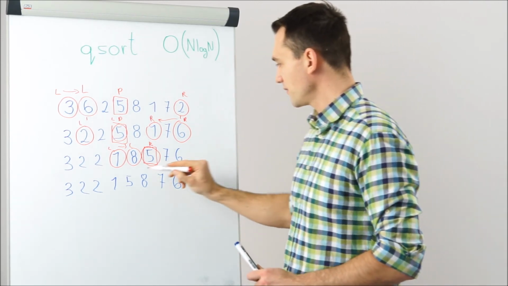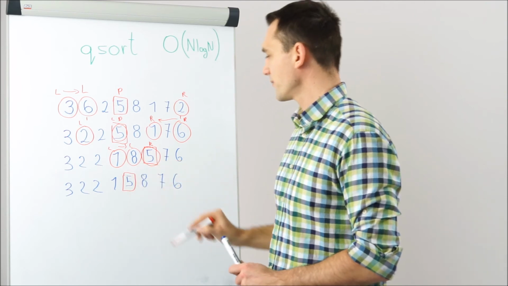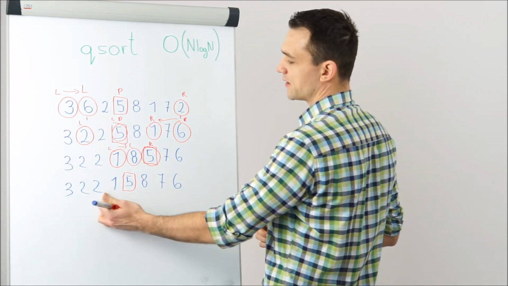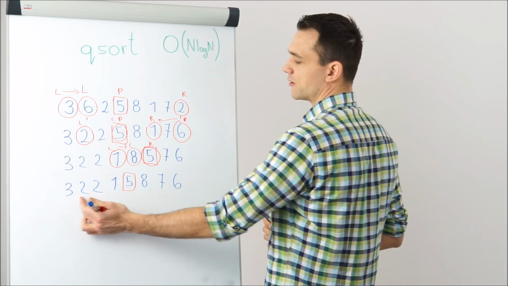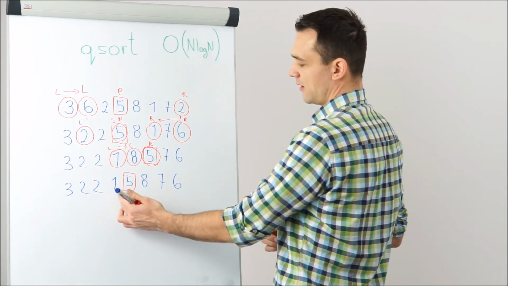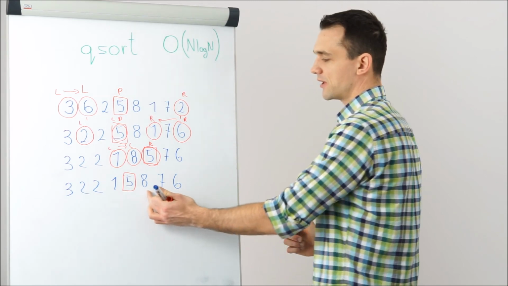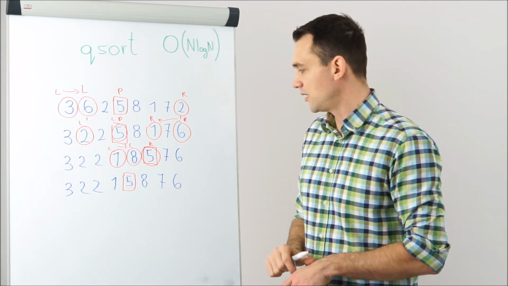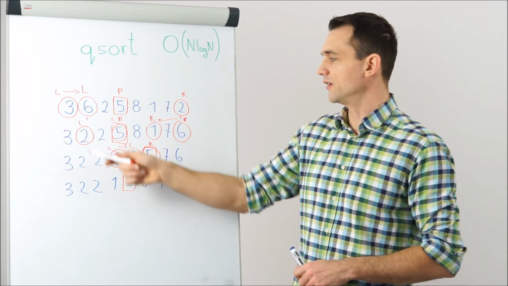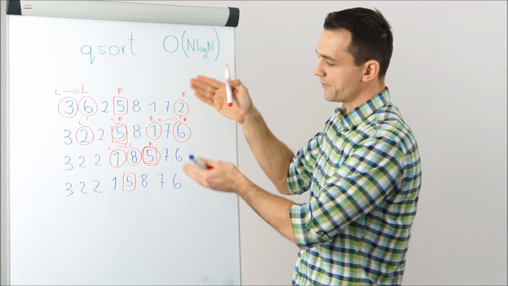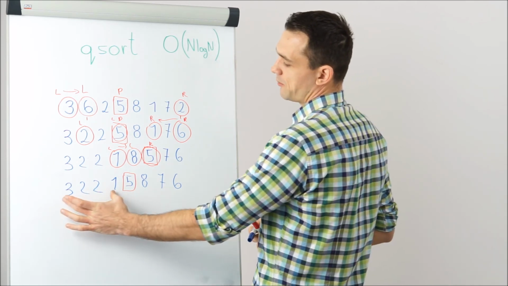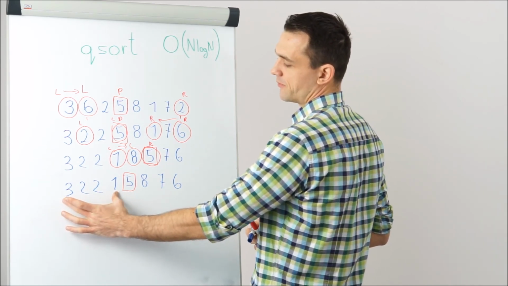So as you can see, our array got partitioned around the pivot. So on the left side we have all the elements which are less than 5, and on the right side we have all elements which are higher than 5. Okay, this is partition. So after we return from the partition part, we will apply the same approach to this array